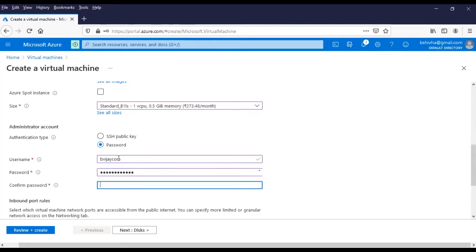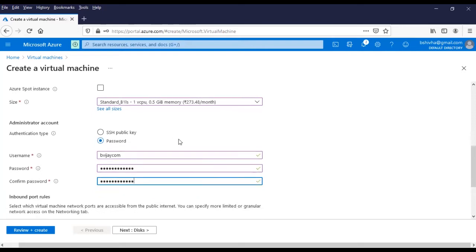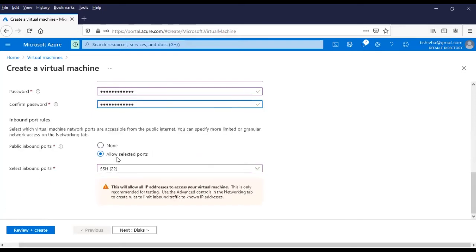I'm setting the password. So what are the ports you want to be allowed? As of now, for this Linux machine, I want to do SSH, so port 22, or if you are looking to install some web service, accordingly you can select port 80 and port 443.